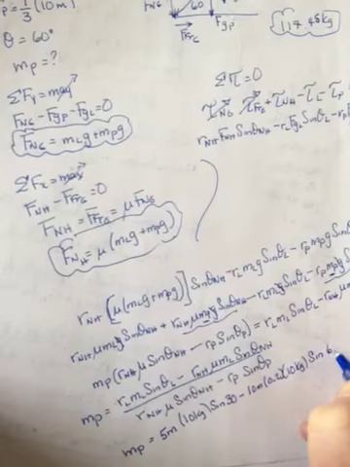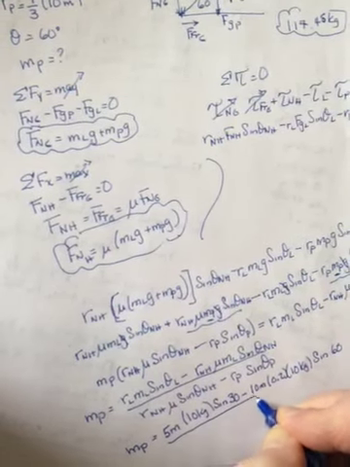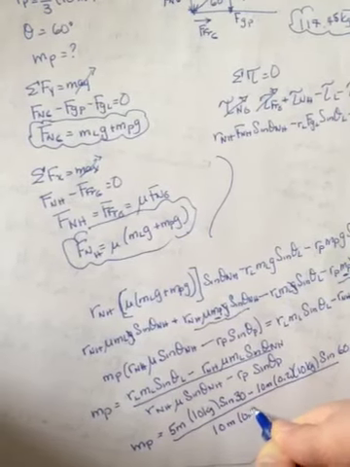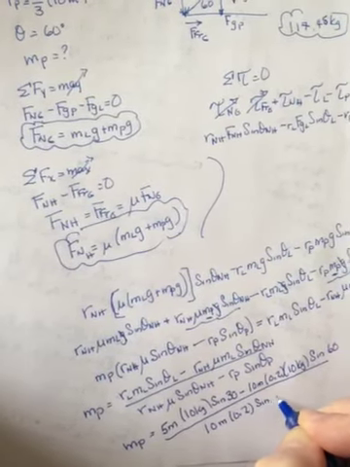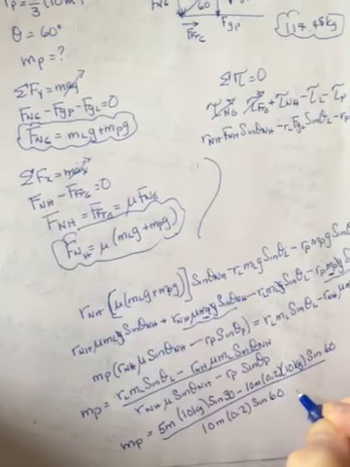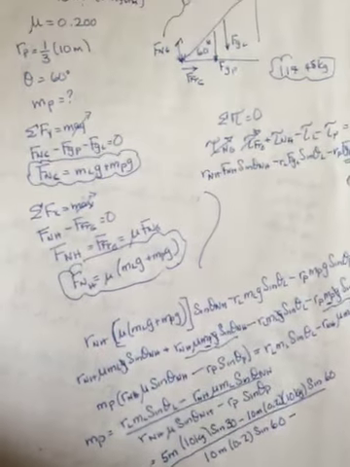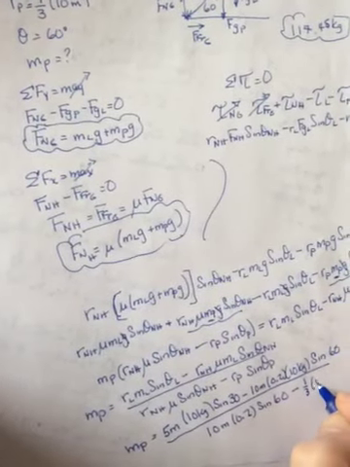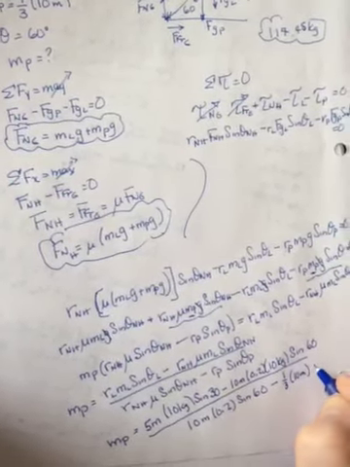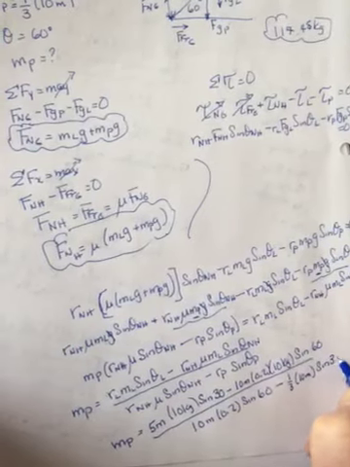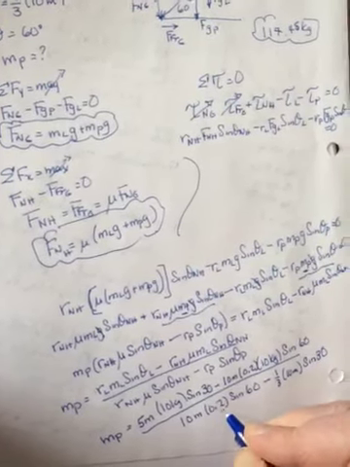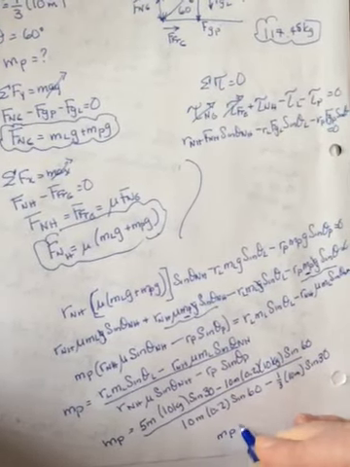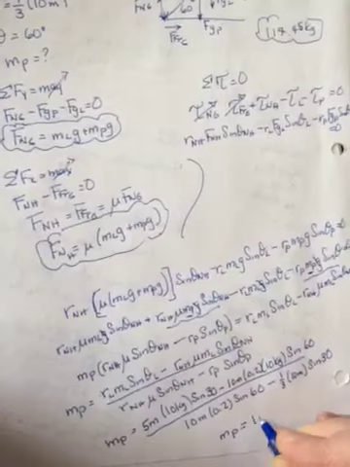Angle at the top, 60. Divided by R normal of the house, 10 meters. Mu, 0.2. Angle for normal of the house, 60. Minus R of the person was 1/3 of 10. So 1/3 of 10 meters, 3.3 repeating. Sine of the person, 30. Okay, and I don't think I lost any negatives. So when you do this, you should get a mass of the person to be